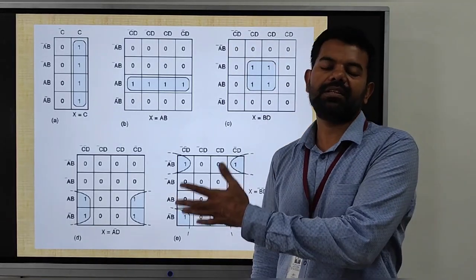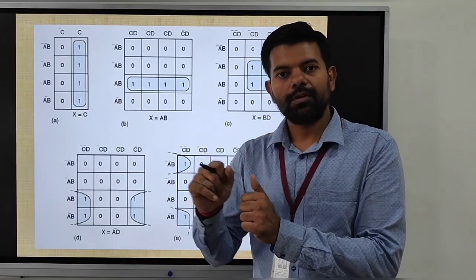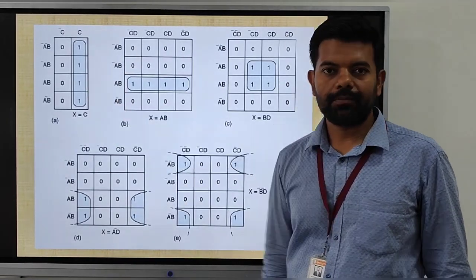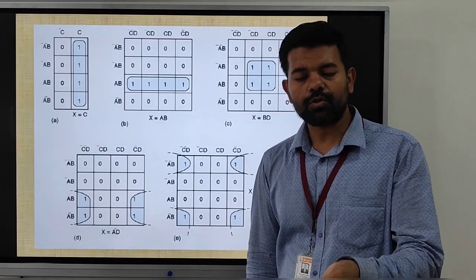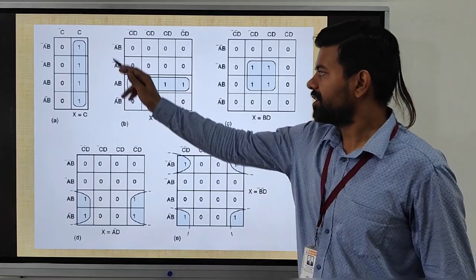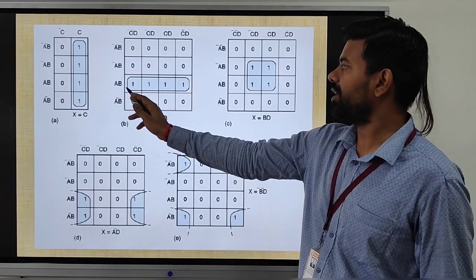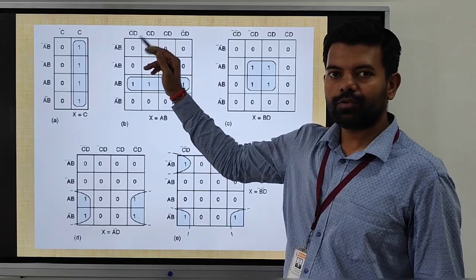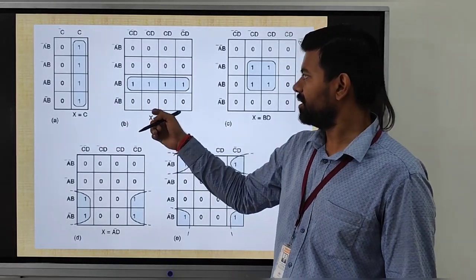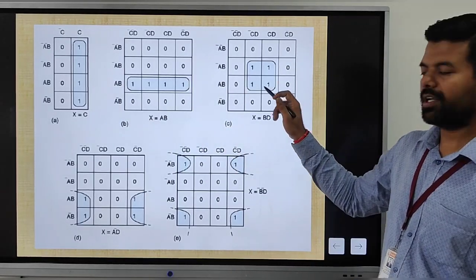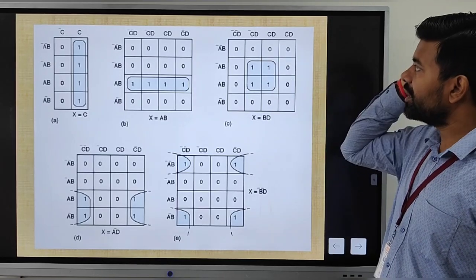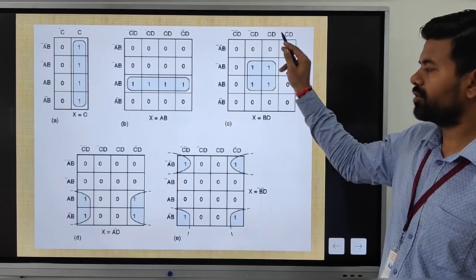This is the very best thing to simplify the Boolean expression, and this is the easiest way. We just need to loop them, either in a square, quad or octa. So this is how we loop. This is the vertical looping, this is the horizontal looping. Now these all are changing, so we just eliminate them and write AB. Okay, this is the 3 variable, this is the 4 variable figure. In the 4 variable figure, another square. Okay, now how we will write C bar D, CD, which is changing C, C. So we will write D.